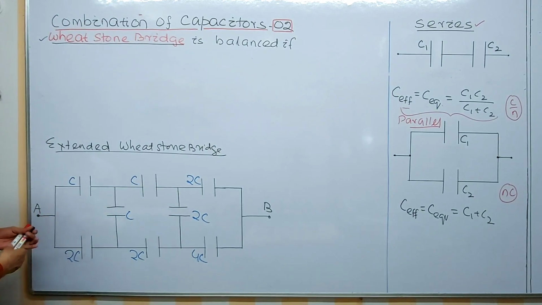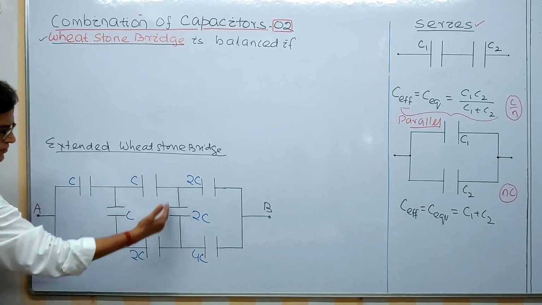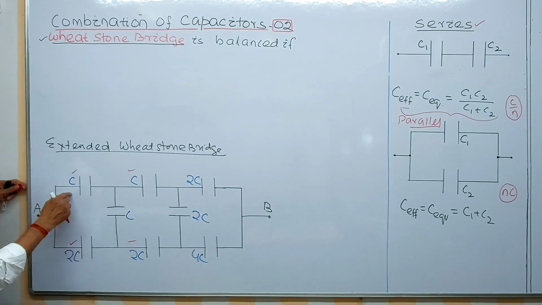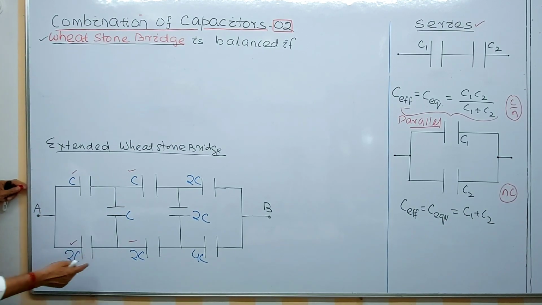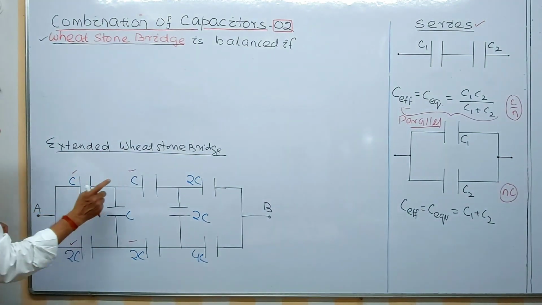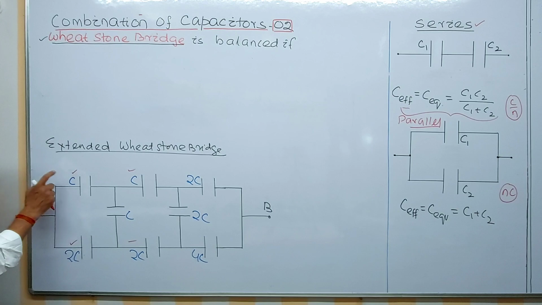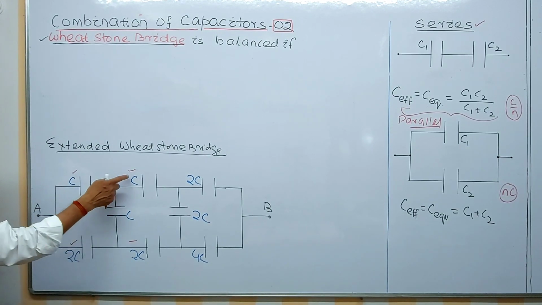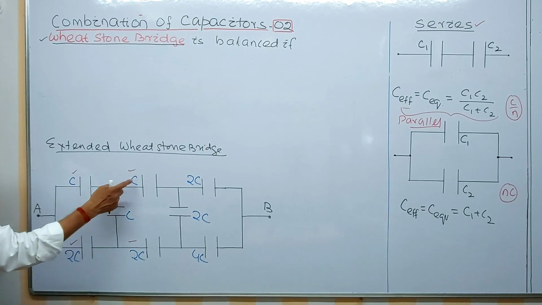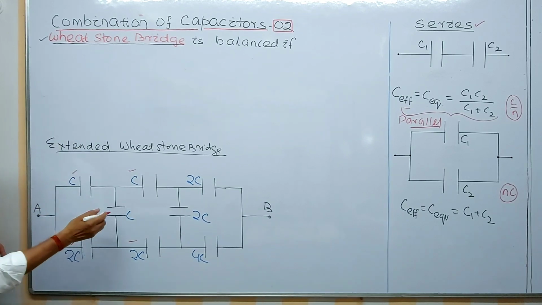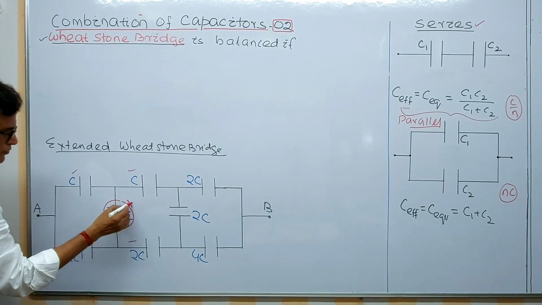Now you should look at the circuit first and see that it is a combined circuit. First take these portions. Here you see this by this is equal to this by this. It is not necessary that it is C by C, 2C, 2C, 4C, 4C, 5C, 5C, but this by this is equal to this by this, equal to 1, or equal to half. So it is a balanced Wheatstone bridge. In that case, this should be removed from the equivalent circuit.